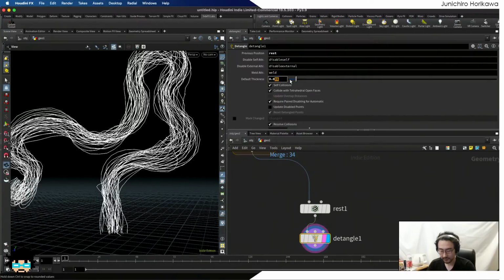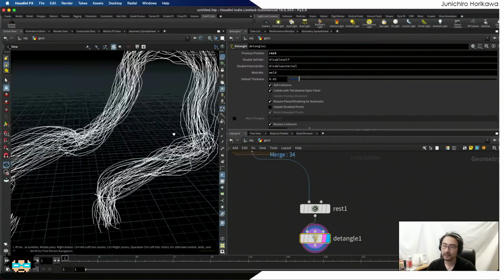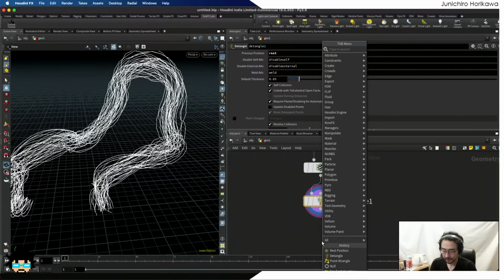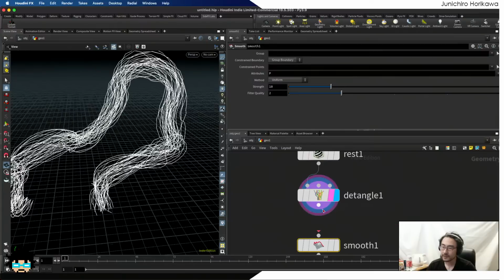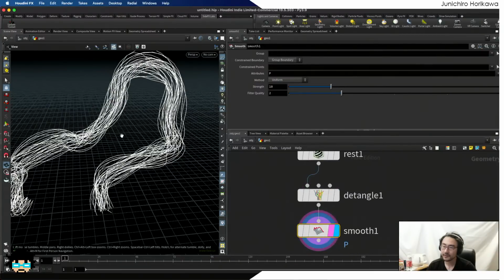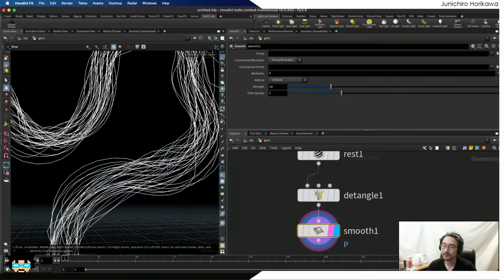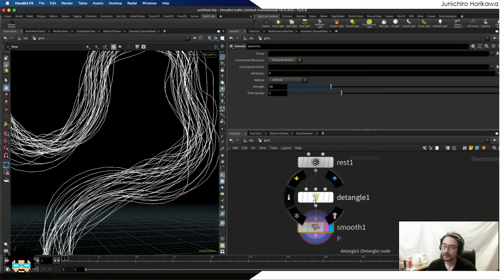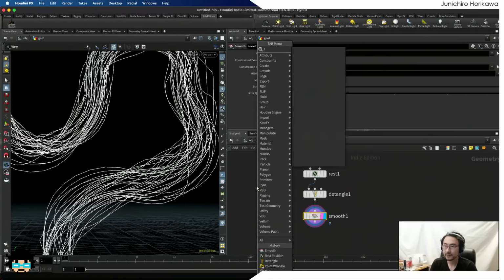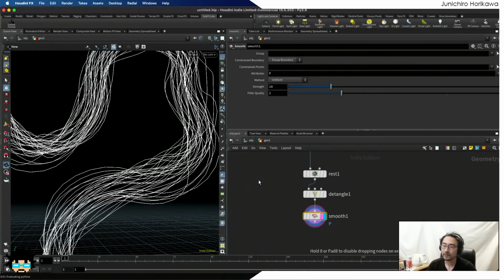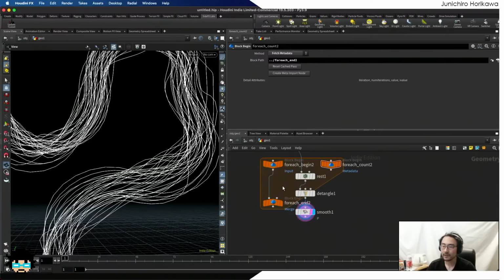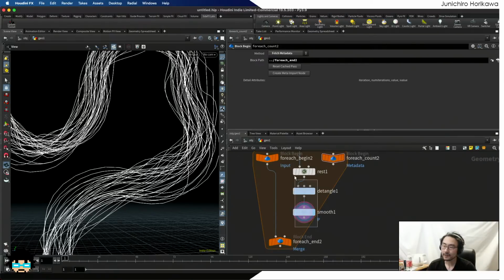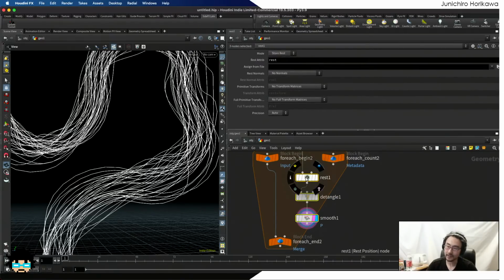So let's say 0.05 is okay, but in order to make the line network a bit smoother, I want to connect the smoothness. But as soon as I connect the smoothness, the problem is you start to have the intersection again. So to get the best result, one of the good ways is to run this setup many times recursively